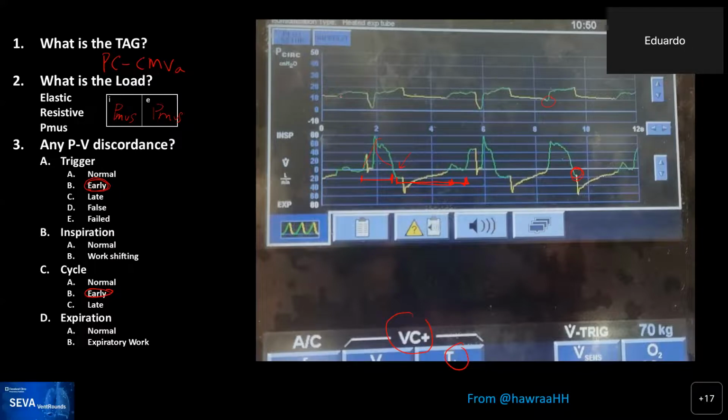And then I would say that this is an example of when VC plus is not a good mode in general, when there is high evidence of PMOS, and maybe that's the goal of the team that placed them on. But this is a patient that is having work shifting, meaning if you put here the table with the patient, the PMOS, and you put the P vent,